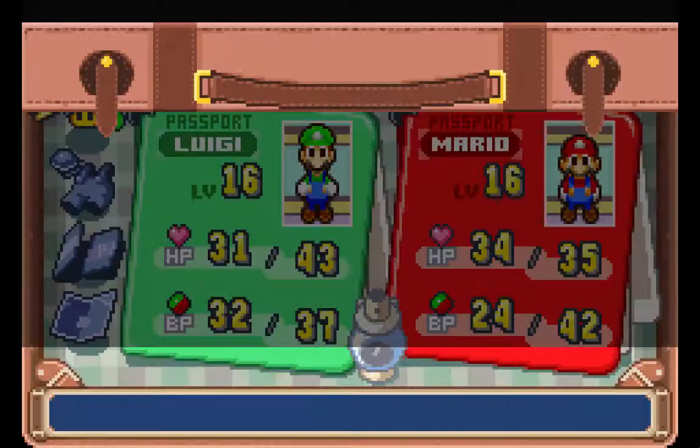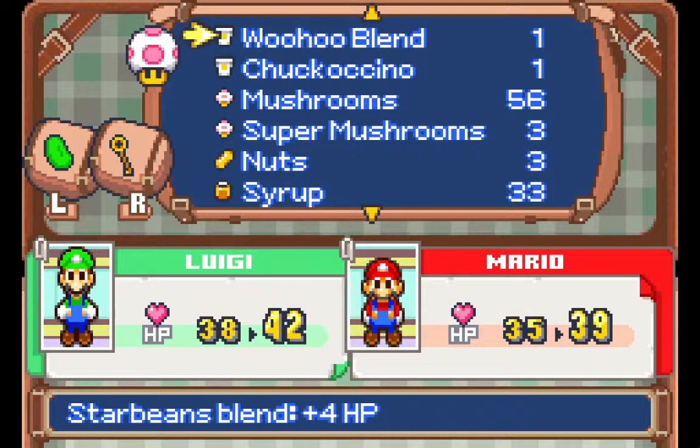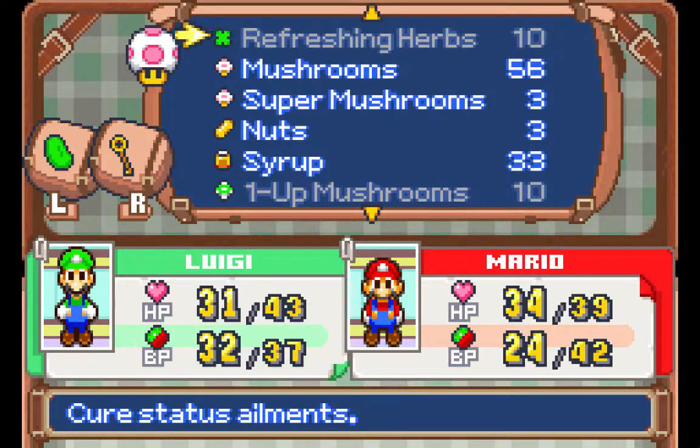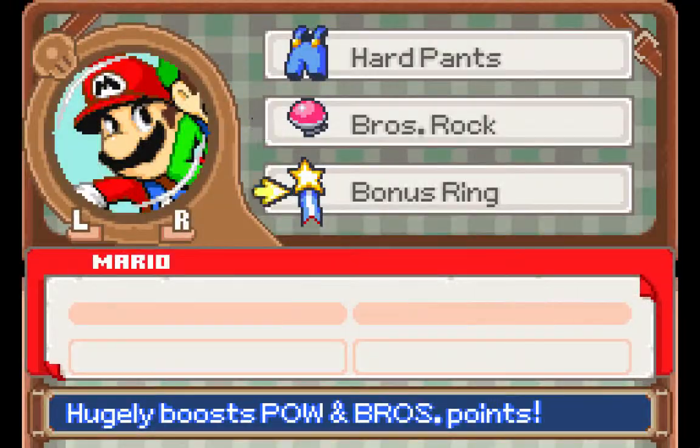So let's drink those 2 new blends we made. We have the Woohoo blend that is plus 4 HP. Yeah, I'll put it on Mario just to kind of balance out the stats more, just because he has less HP. Yeah, and so let's see those new...